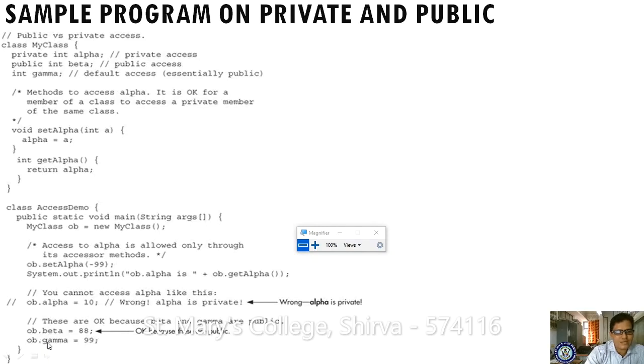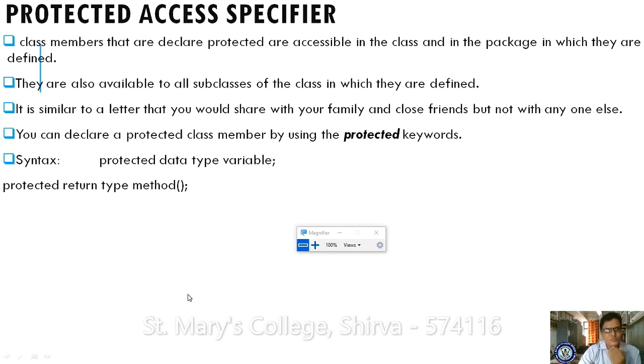The alpha variable is not accessible from outside, and you can access beta as well as gamma. Now it is the protected access specifier. Let us see what a protected access specifier is. Class members that are declared protected can be accessed in the class and in the package in which they are defined. You can access the